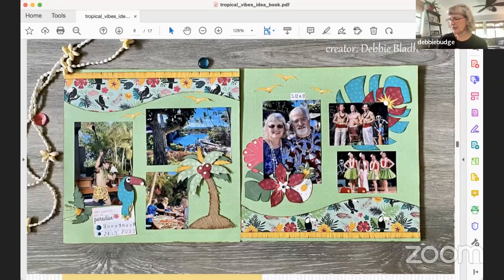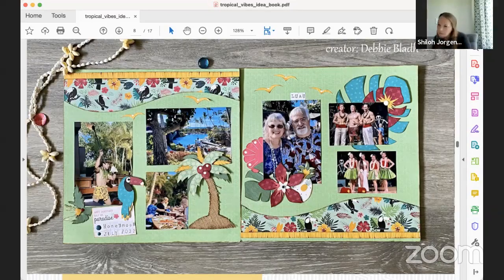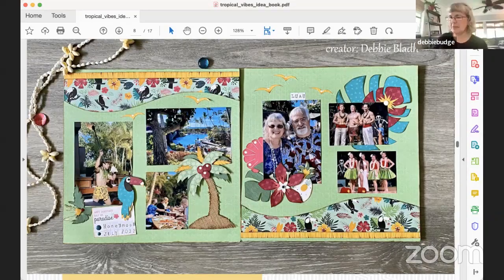I added layers on the coconut. On the seashell, I did the pen work on the seashell, the pink one there. I just added some white markings and dots to it, which turned out well. I was really happy with it. It made me happy. Makes me happy when I try something new and it works.